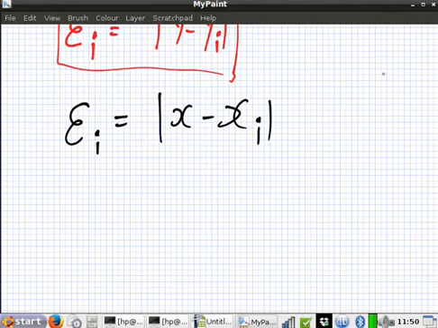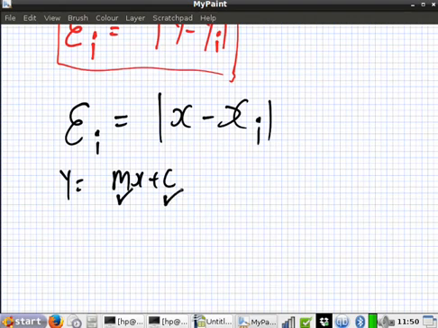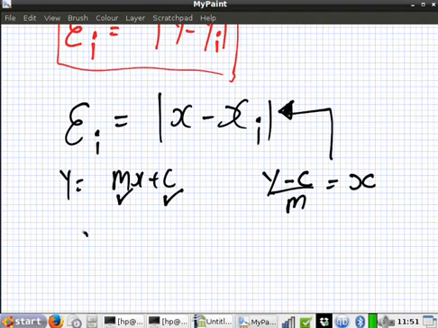If I go back to my formula, y equals mx plus c. Do we know the m? Yes. And do we know the c? Yes. I can rewrite this as y minus c over m equals x. Yes? So if I put that in here, I get this formula. Residual, this one is in the x now, so I'll just write an x here. Residual in the x equals absolute